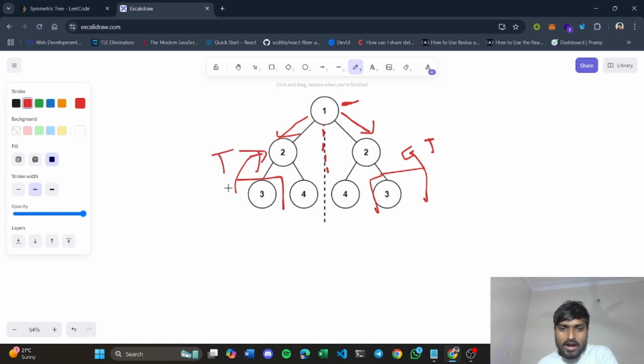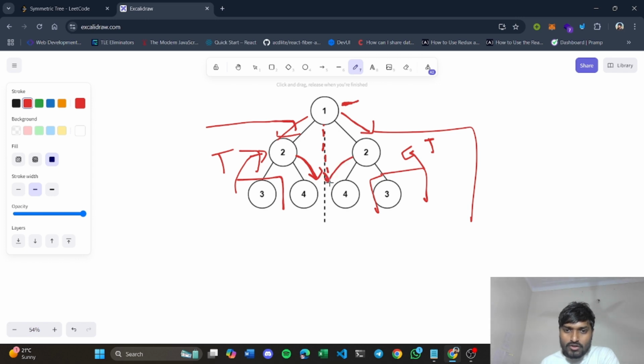Now you again come to node 2. On this side for node 2 you checked the left of node 2, but on this part you checked the right of node 2. So when you again come to node 2, you will call for node 2's right part on this side, and on this side you will call for node 2's left side for checking the similarity.